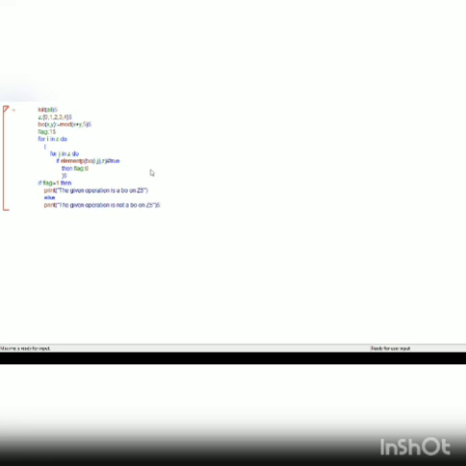Now execute this. Shift Enter. Yes, it verifies all the values of i and j for Z, and it is giving you that all the values of the binary operation on i and j are present in Z. Therefore, it is a binary operation on Z5. Similarly, you can verify for the next one.